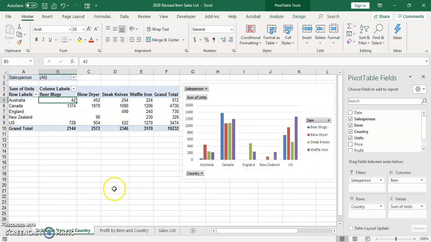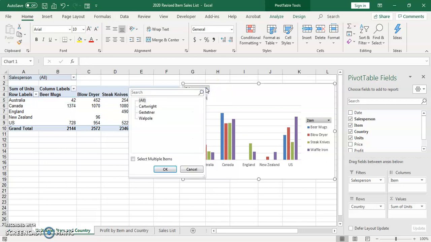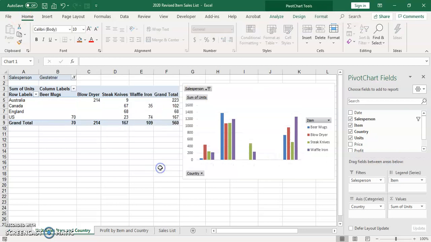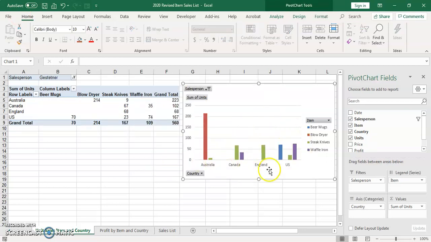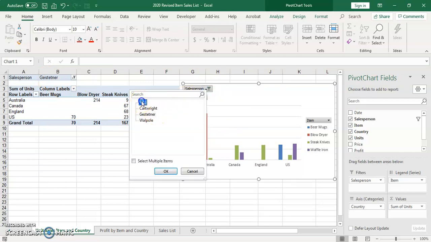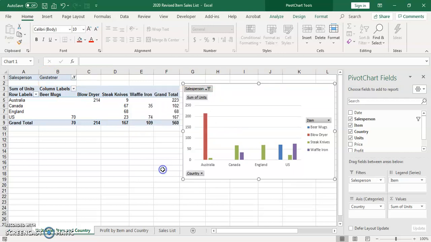What makes this kind of interesting is that I can do the filtering from here, but you'll notice there's also a drop down here as well. So if I click here and I choose Gestetner, and I OK it, it goes back to being that previous chart, but you'll see that the table is now filtered by Gestetner. Another thing you may notice is if I go and clear the filter from this side, set it back to all,